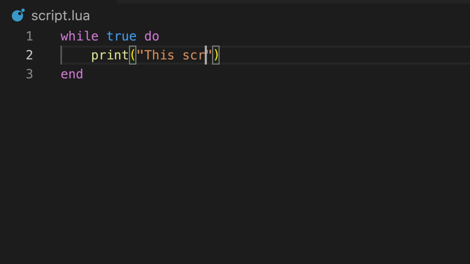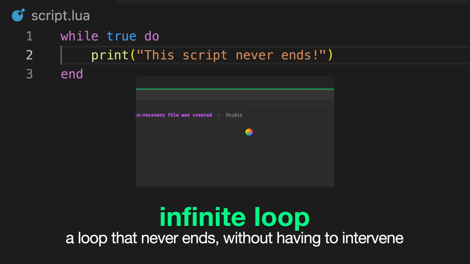But be careful. This script will make Roblox Studio hang because the block of code runs for an infinite amount of time, as true is always truthy on each loop. The computer is essentially sprinting at top speed without a chance to breathe, and so it will stop responding until it can, which never comes.